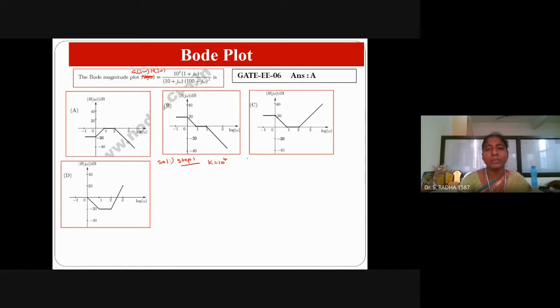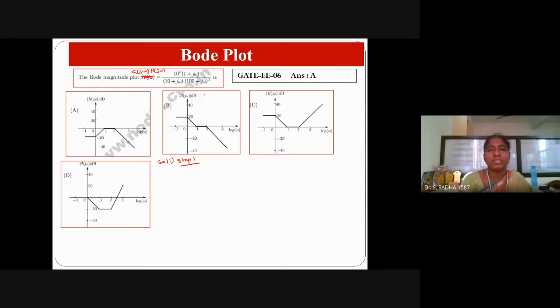So how do we calculate the initial magnitude? It will be K divided by S or K into S. Because S is not there in the numerator and denominator, the initial magnitude is given by K alone, and 20 log K base 10 is the initial magnitude. One more thing we have to do before applying this: we have to check whether they are in time constant form. Only then can we take the K value. In the numerator and denominator, we have to check whether everything is in time constant form. Only then can we decide the final K value.